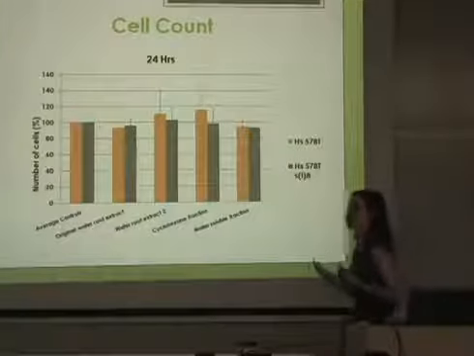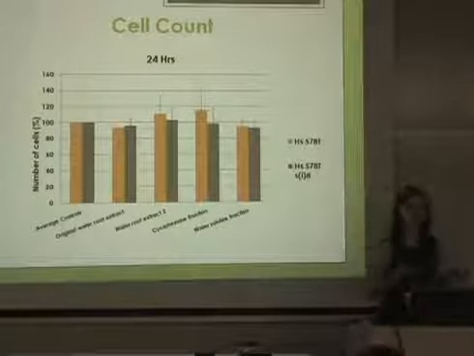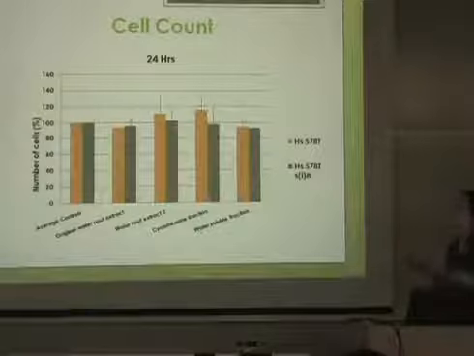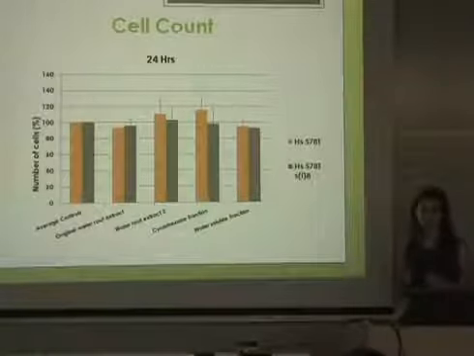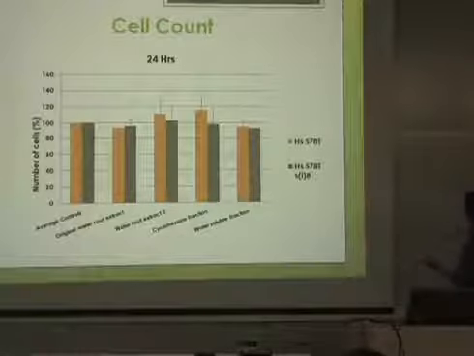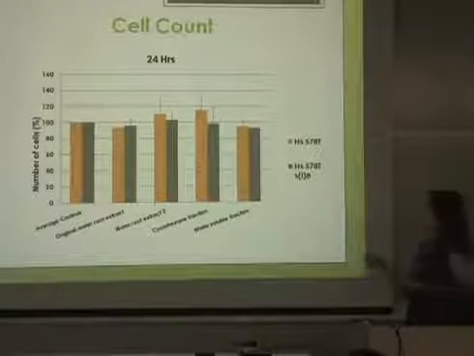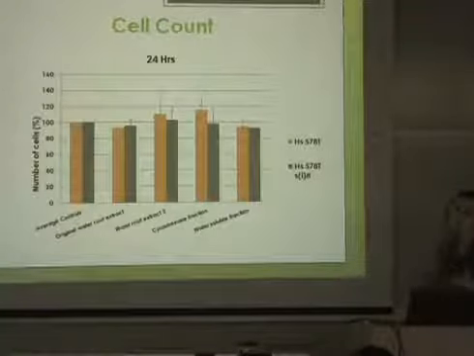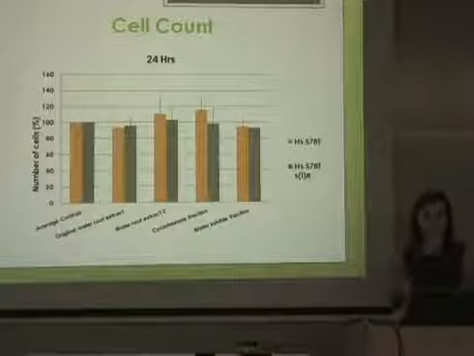Now, we wanted to confirm our SRB results because we cannot make a conclusion just based on that. So, to do so, we performed a cell count after 24 hours, but we also did the same thing after 72 hours. And as you can see in this graph, we used the example of the HS cell line, and once again, we were not able to see a big difference in the inhibition of growth, or in the amount of cells at this point.